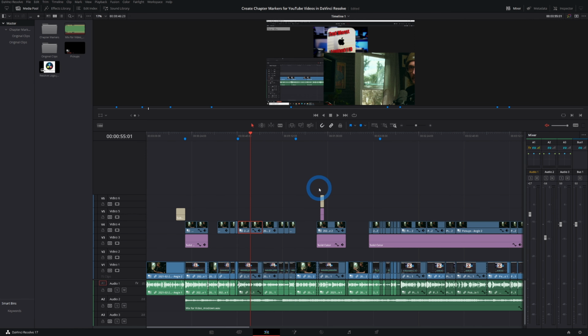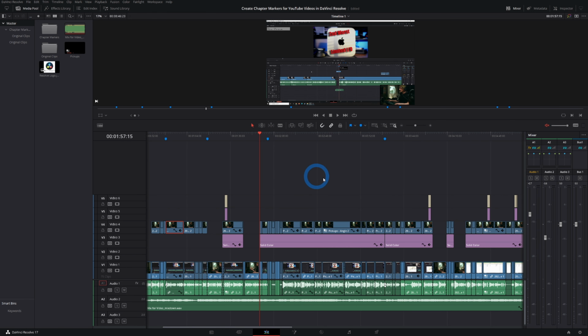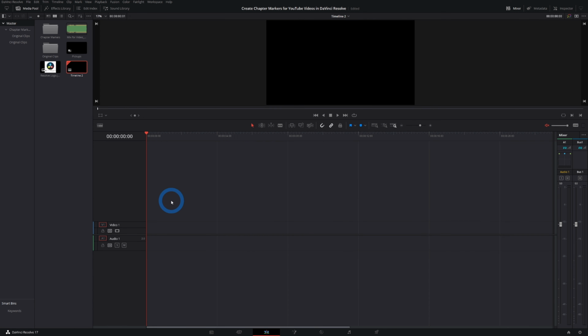And this is super easy to do. If you say for whatever reason, like I just wanted to take from this point to this point, say that was one sequence, I could just highlight that whole section of this timeline and just Control C or Command C on a Mac, create a new timeline, and then come into this new timeline and Control or Command V and